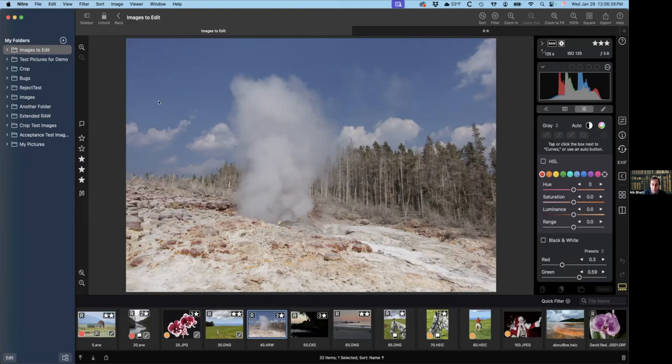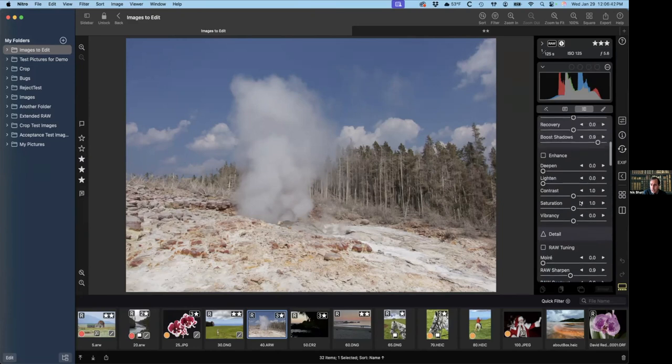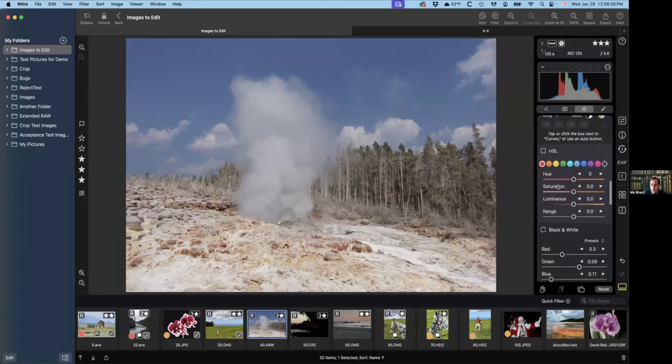For example, if I want to work on this blue sky, there are a couple of ways I could do that. I could use something like vibrancy, but that's going to affect the whole image, or saturation. These are simple ways of doing it, and they work well at times. Another way to do it is to use HSL, which will work on just specific colors. So I can target a color, or if I happen to know this is basically a sky color here, then I can use that